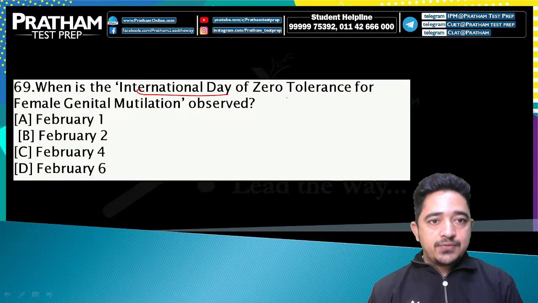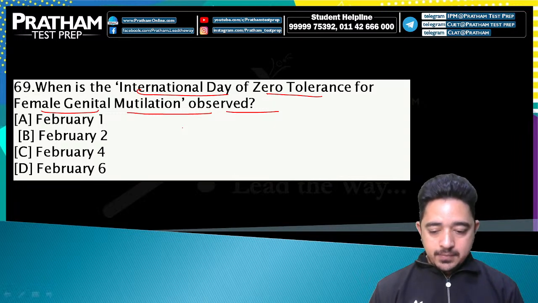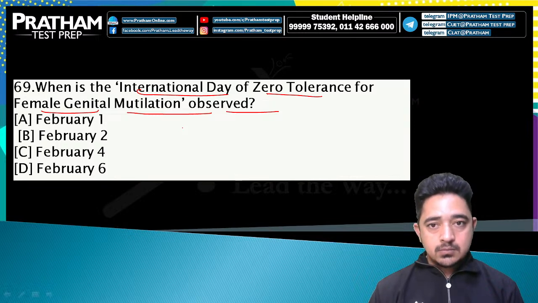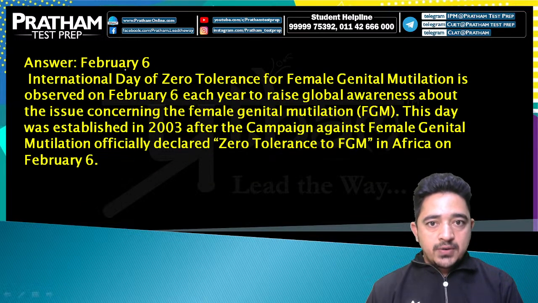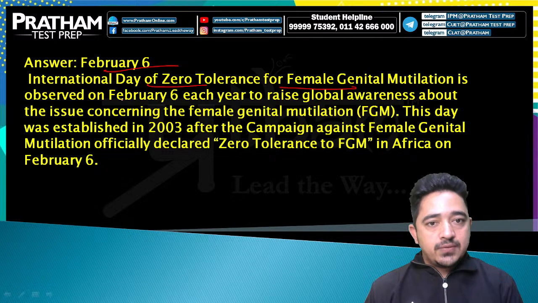When is the International Day for Zero Tolerance of Female Genital Mutilation observed? February 1st, 2nd, 4th, 6th. Option B, February 2nd. So February 6th, International Day of Zero Tolerance of Female Genital Mutilation is observed each year to raise